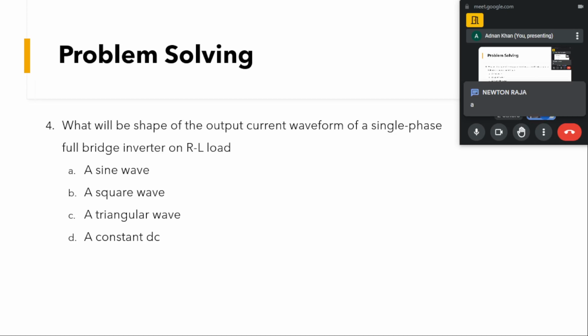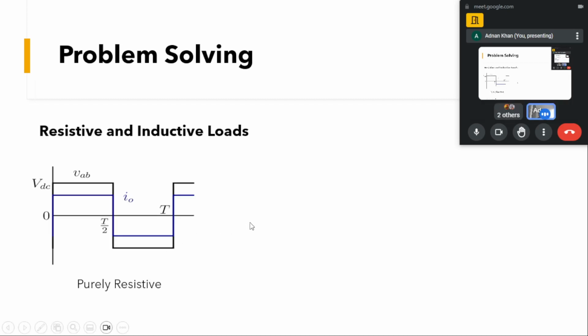No. One is saying like the sine wave. Any other guesses? So we'll see. We have a first, like we saw for this single phase half wave inverter